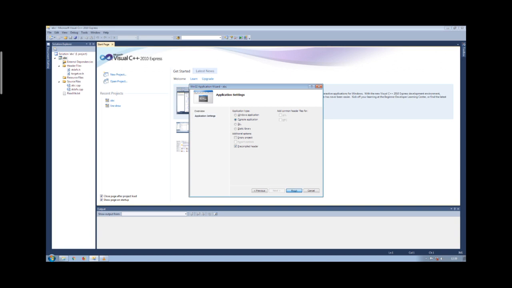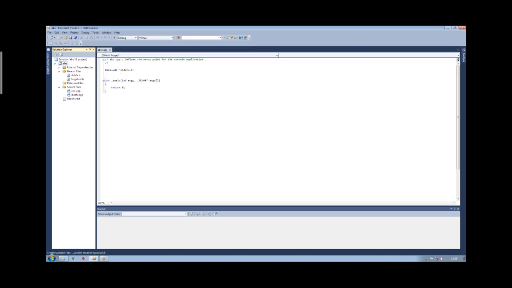Fine. Now keep the precompiled header stdafx.h and delete the rest of the things, but keep the precompiled header #include stdafx.h.